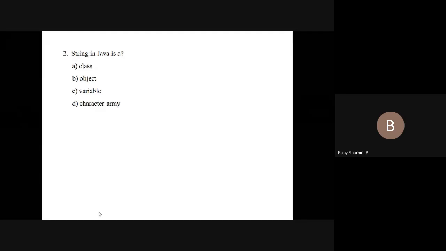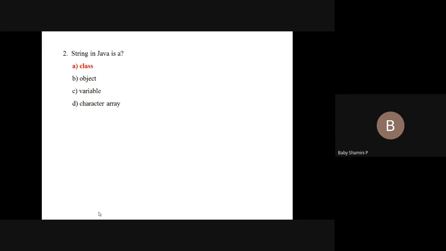But String is not an object. It is a class. String is a class in Java, and inside the class we have a lot of methods. If you want to access a particular method, we must create an object for the String class. So String is a class, not a character array, not an object.